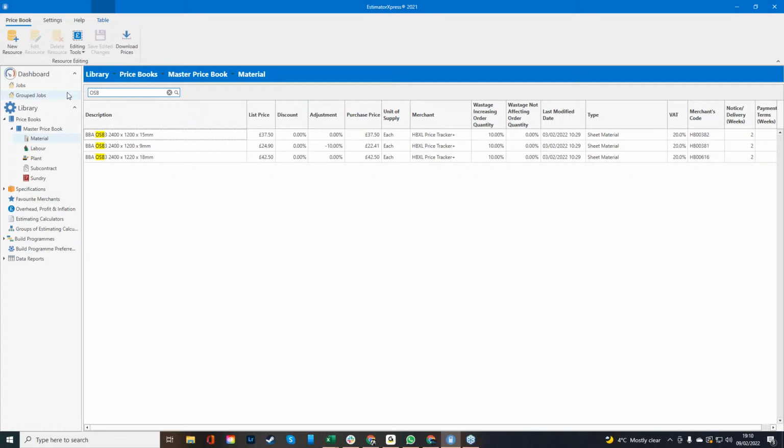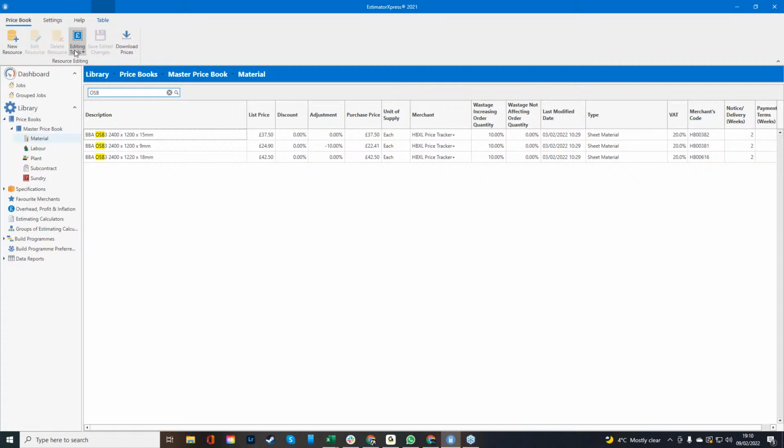Now, what you can do is import pricing from your particular merchant as well. Okay, so we can get their prices in there, and under that merchant tab, you'll find your particular merchant. Okay, if you don't want to do that, and you think our prices are pretty spot on, which to be honest with you, they are, you can then click that,